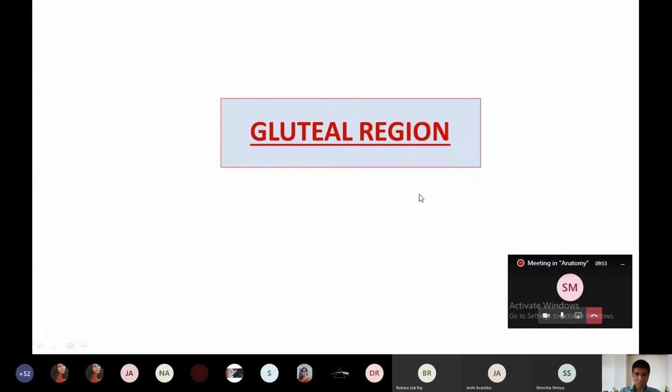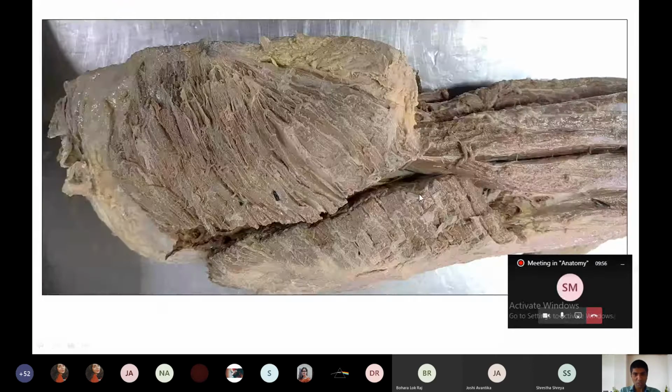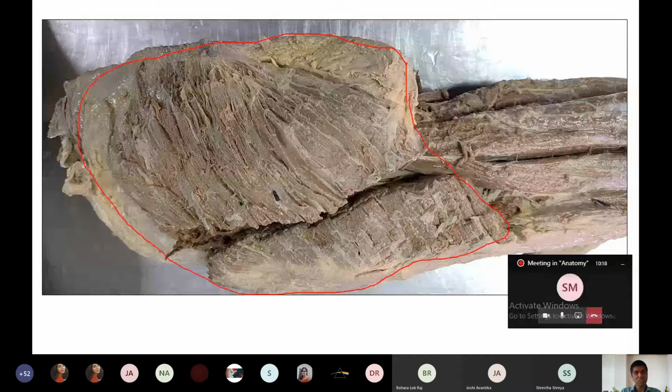Okay. So in the gluteal region, what are the very important things for the sporters? I'm telling here one by one. So here in this diagram, you can see the gluteal region. I think you can make it out very easily without any doubt. So this region is the gluteal region, isn't it? And the skin, fascia, everything of this region is removed. So after removing the skin and the fascia, you can see the muscle.